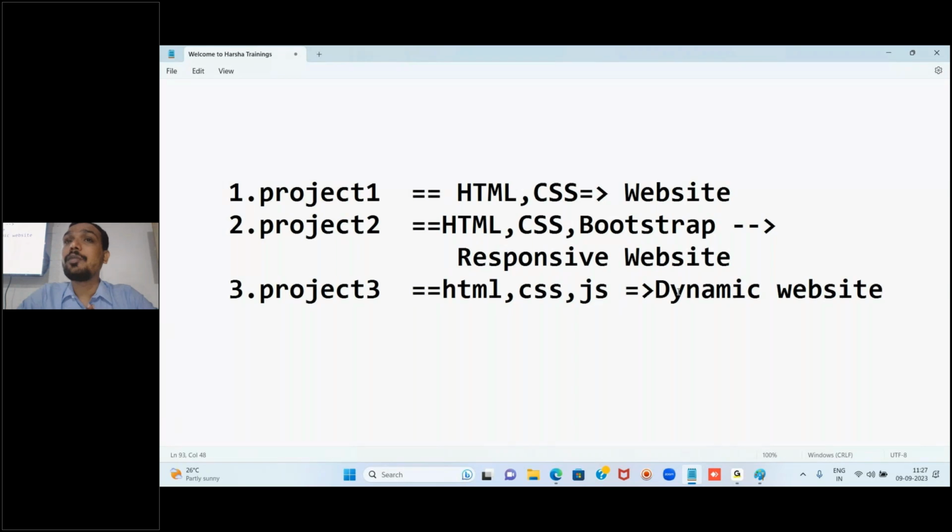Why am I using that word dynamic? If you choose from Hyderabad to Bangalore on some date, a list of buses will come. From Hyderabad to Delhi, then different buses will come. The same place will be replaced with different buses. That is what dynamic is about. The user is giving input, and as per that the content is changing. That's what is called dynamic. And we'll be creating a dynamic website.